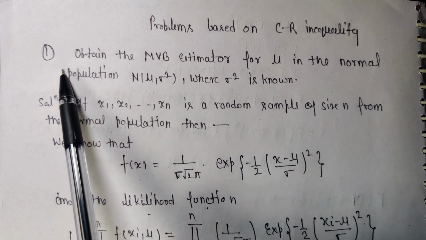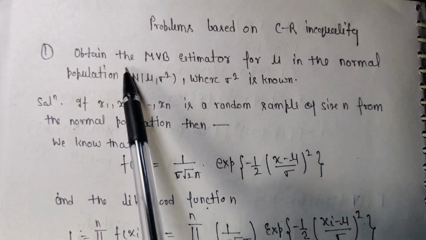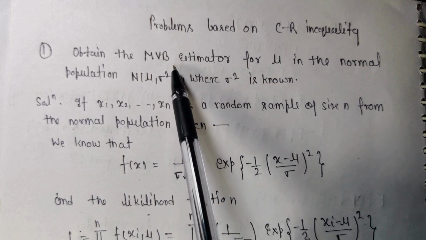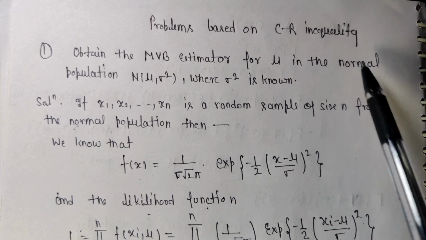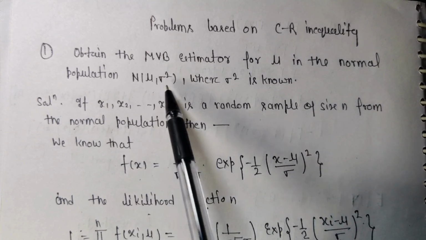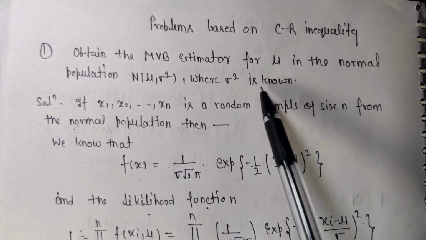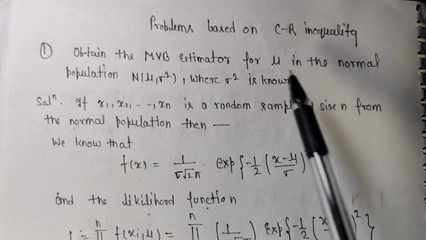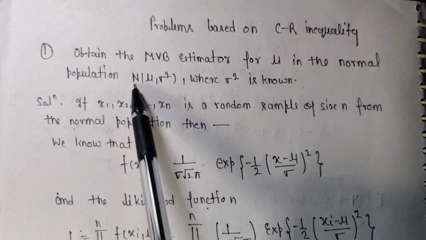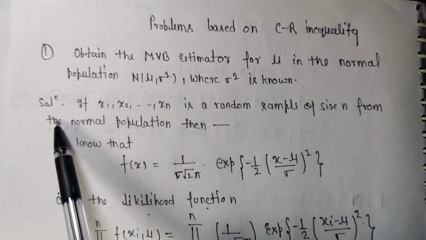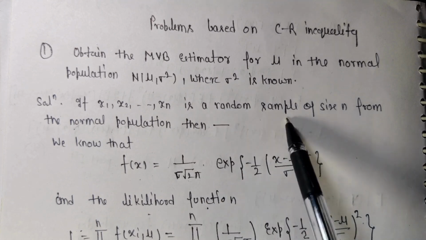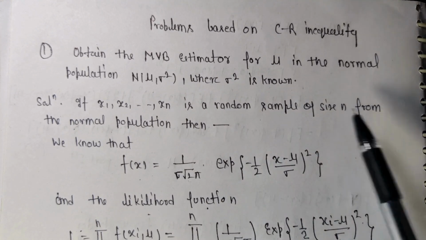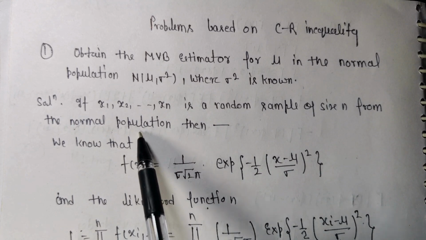So the first problem is: obtain the minimum variance bound estimator for mu in the normal population N(mu, sigma square), where sigma square is known. Okay, so this is our problem, and coming to the solution part. If x1, x2, ..., xn is a random sample of size n from the normal population, then